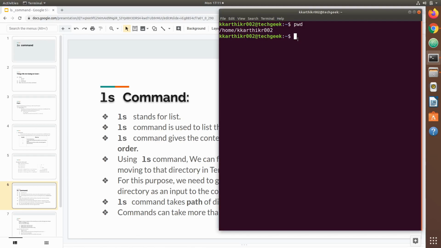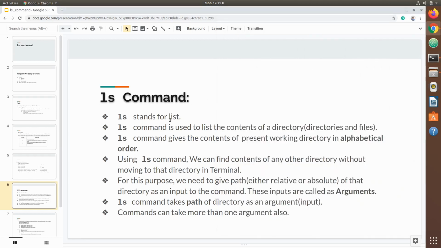Now we have seen how to find the directory in which we are working, but we don't know the contents of that directory. To find the contents of that directory, we use the ls command. ls stands for list.